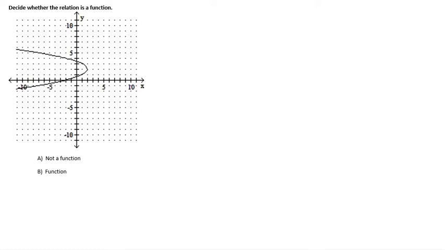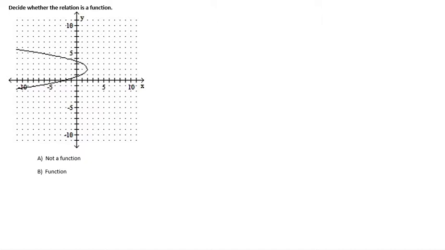Decide whether the relation is a function. Well, what we are looking at trying to do is determine whether the graph shown here, which is a parabola that appears to be opening to the left, represents just a relation or whether it rises to the level of